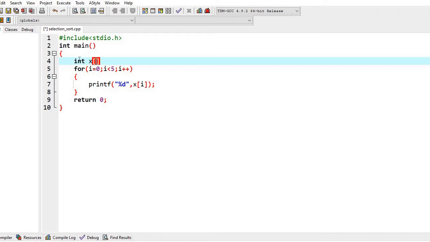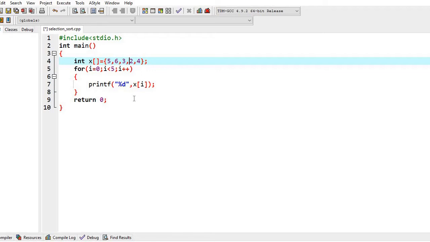So I'm taking an array X and I'm initializing it here, let it be like this: 6, 3. Okay. So first of all, basically sorting is arranging elements in ascending or descending order.